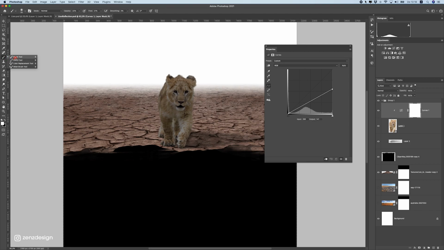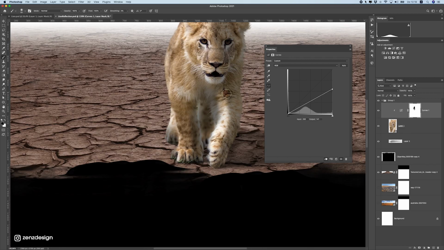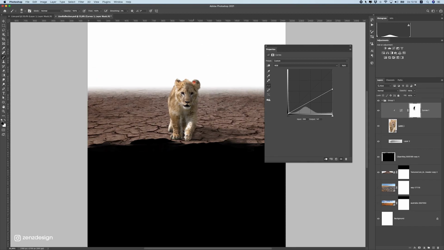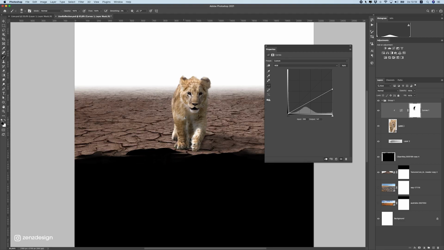Right, now select the brush and make sure you select the black brush because you want to remove some parts, and bring the opacity and flow all the way up again. And let's just make one side lighter like that. And let's zoom in here. Let's make one side of this bow light. This bow is sticking out, so let's give that some light. Maybe a bit here, like that. Just a bit of brushing here, something like this. And let's also do this, because the light is gonna hit his ear here, maybe a bit more of his face, so it doesn't get too dark. So I think this looks fine.